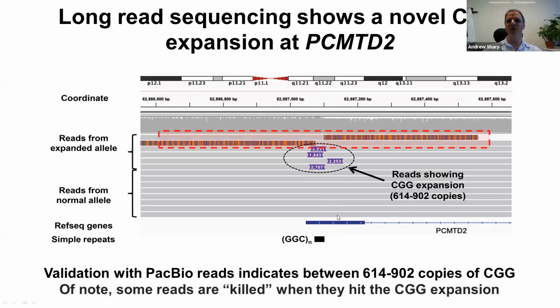Just to note, this is something we consistently see when we're sequencing across these CGG expansions. The PacBio sequencing is chugging away quite happily, hits the expansion, and then the read turns to crap. Probably this is because these are fragile sites with very strong secondary structure, and the polymerase has a really hard time getting through the expanded allele and just can't read the sequence anymore.